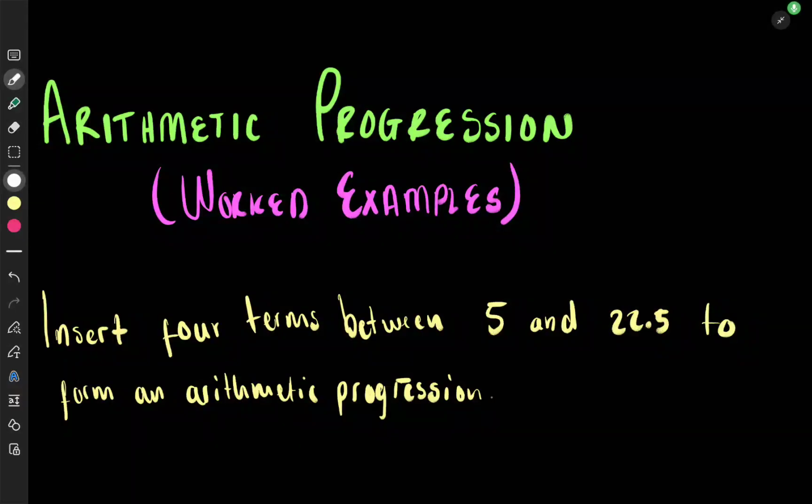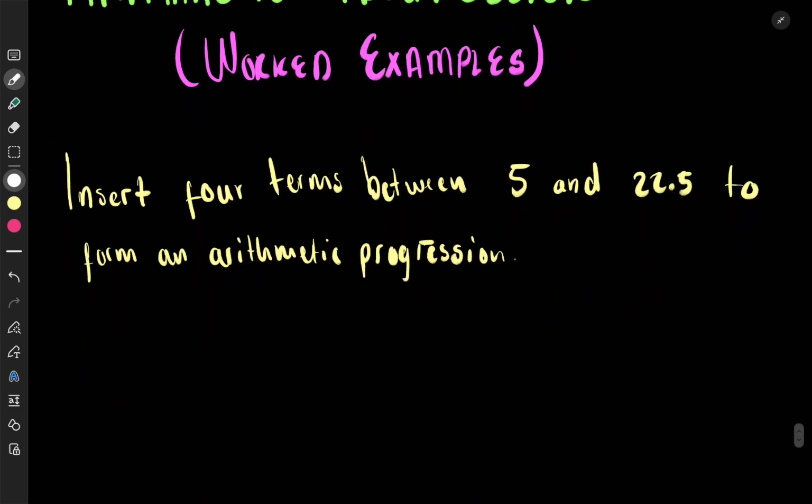All right, now let's destroy this one. It says insert 4 terms between 5 and 22.5 to form an arithmetic progression. So basically, let's make that an arithmetic progression. We would have it as 5, comma, we'll call it T2, comma, T3, comma, T4, comma, T5, and then comma